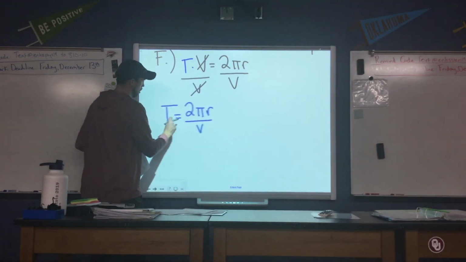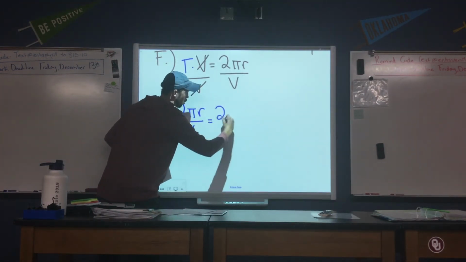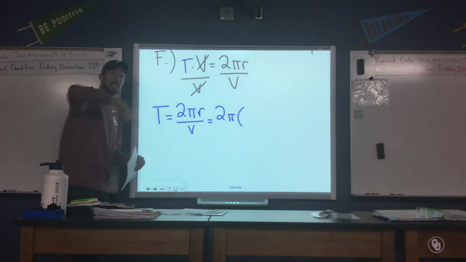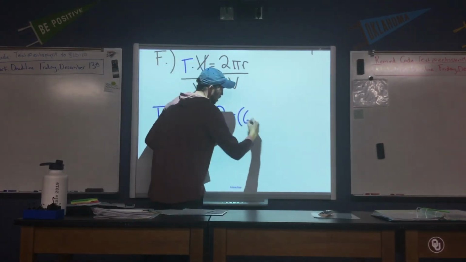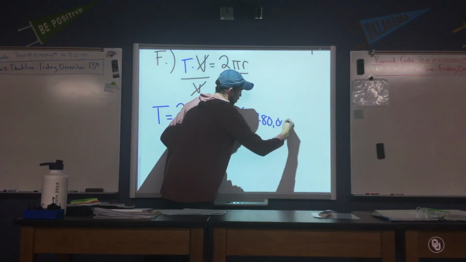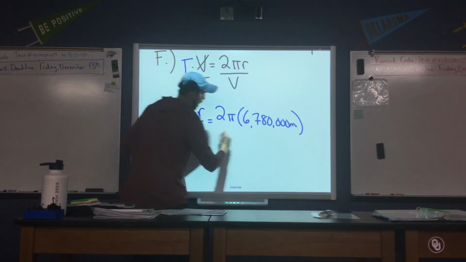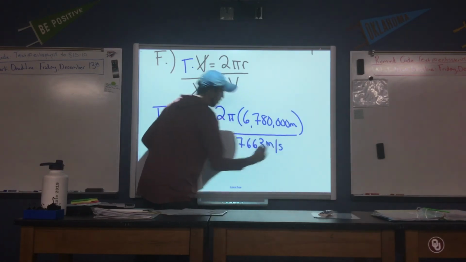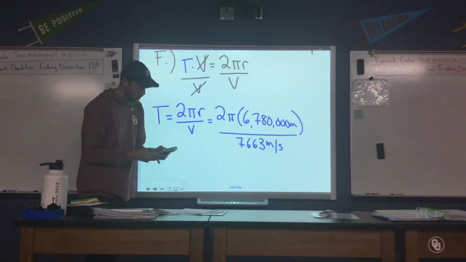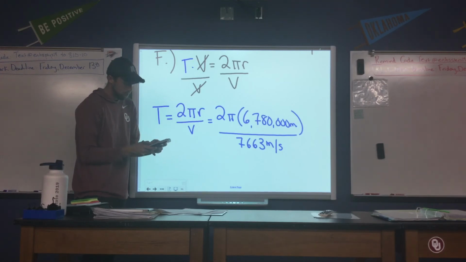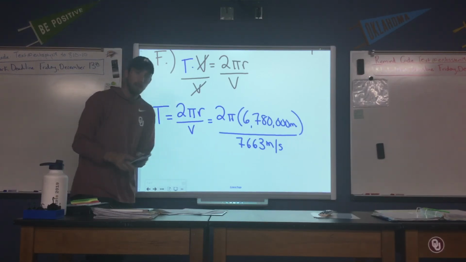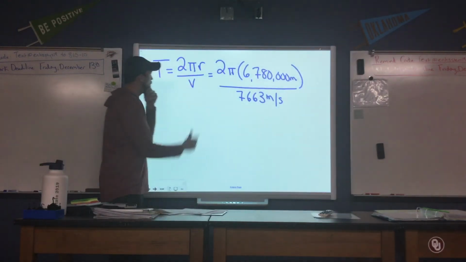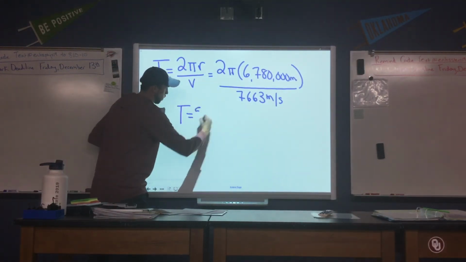So here we go. Our circumference, 2 pi times the, again, radius of our big circle here that we're making, 6,780,000 meters, divided by our velocity, what we just found, the 7,663 meters per second. So now we can plug these values in. We'll go 2 pi multiplied by 6,780,000 divided by 7,663. Now we're going to get a number that looks pretty large. T, we should see, is equal to approximately